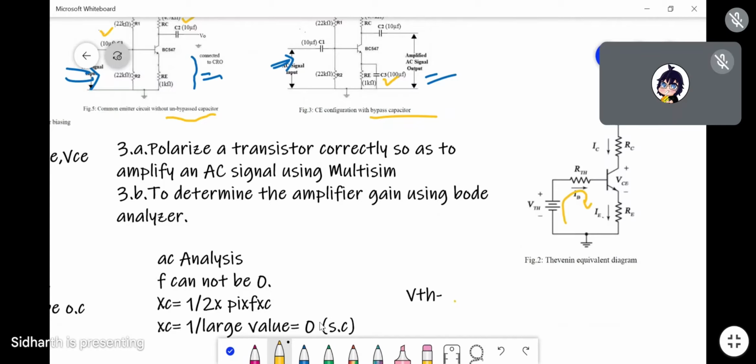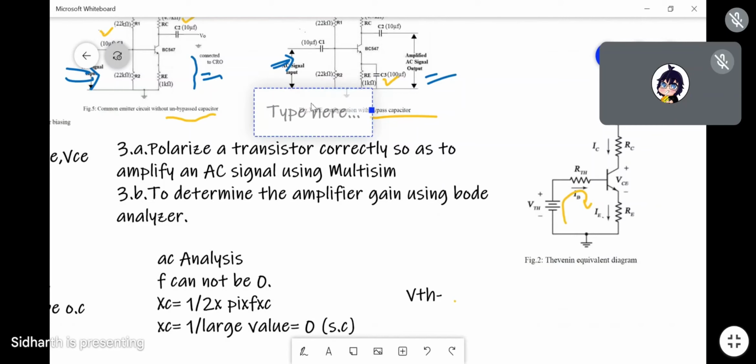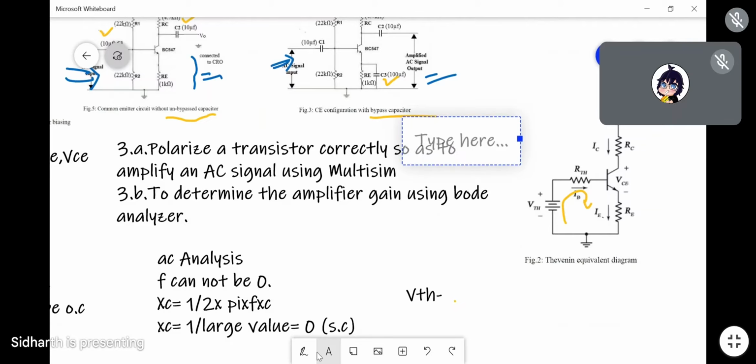Am I audible or not? IB into RTH. Okay, then after that